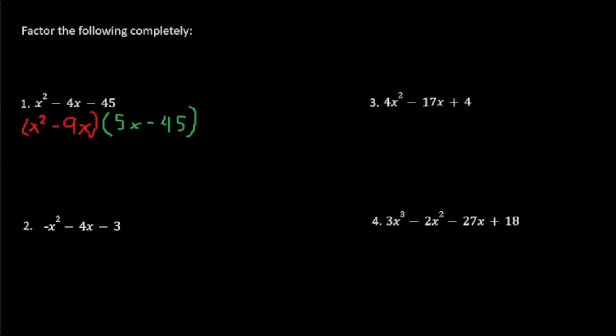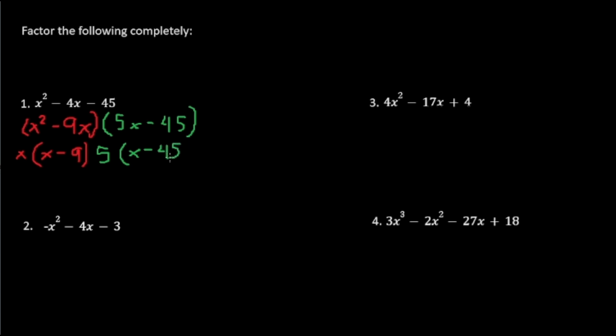So now we're going to continue because it's not simplified yet. So we can take out x here on both sides. So when we divide by x here and divide negative 9x by x, it just becomes x times x minus 9. And this is just saying that if we were to multiply the x into here and into the negative 9, we'd just get x squared minus 9x. And over here we can do the same. So take out 5 because we divide by 5, try to isolate x, and then this just becomes x minus